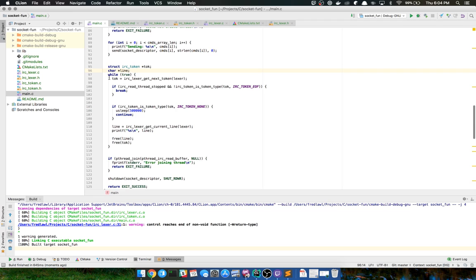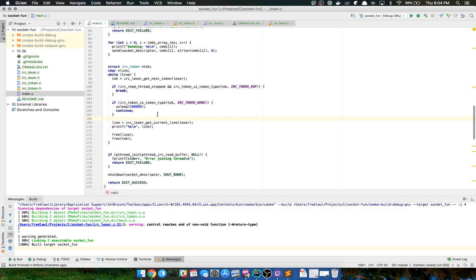So just double checking our logic. While true, get next token. If the thread is stopped and token is not type of, well, I should say if token is type of EOF, then go ahead and break. If IRC token type is none, go ahead and sleep it. That's to let us know that there's no line to look at. Otherwise, I'm going to grab the line, and then free the line and free the token.